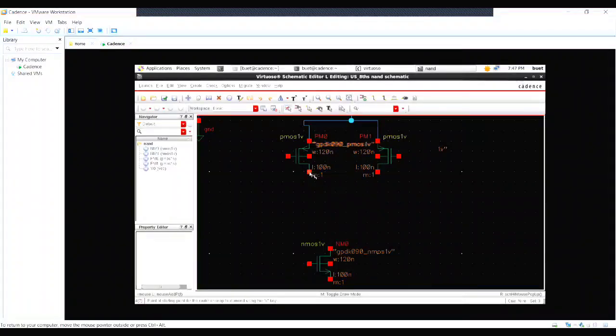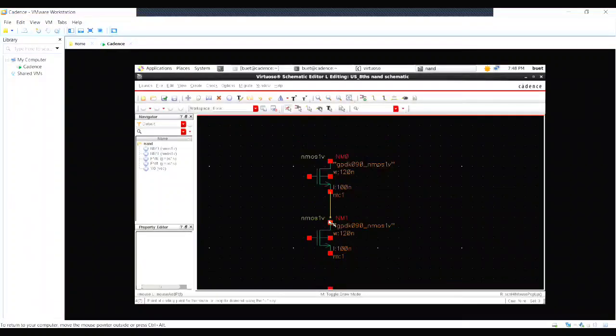Okay, let's connect this two, and you have to connect this two with the upper side of this. That means to the VDC. And for NMOS, you have to connect like this one. And this one goes where